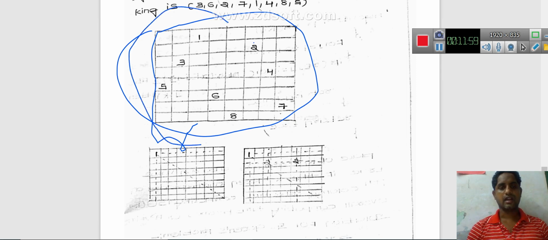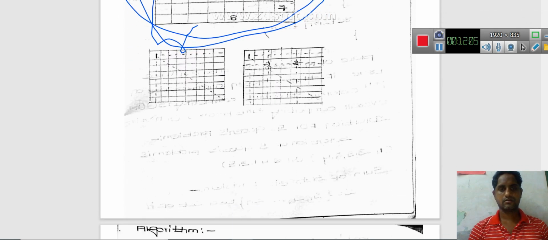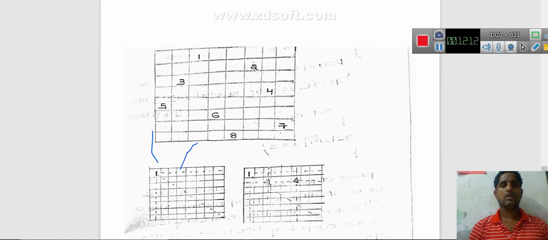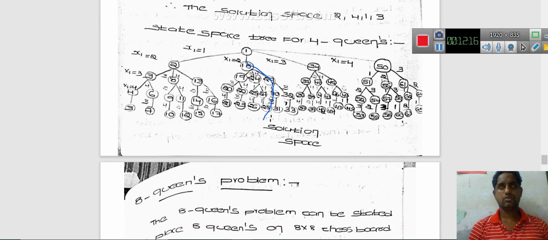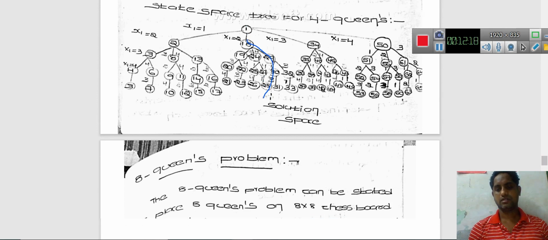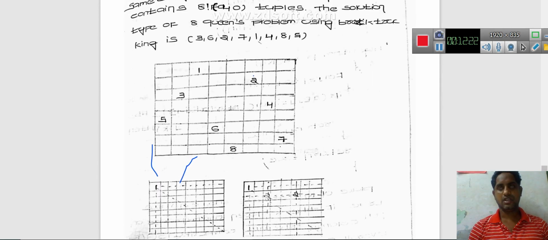Okay, directly we cannot write this one, because we cannot get the marks. So in the 4 queens problem the optimal solution is 2, 4, 1, 3, and for the 8 queens problem it is 3, 6, 2, 7, 1, 4, 8, 5. Okay.